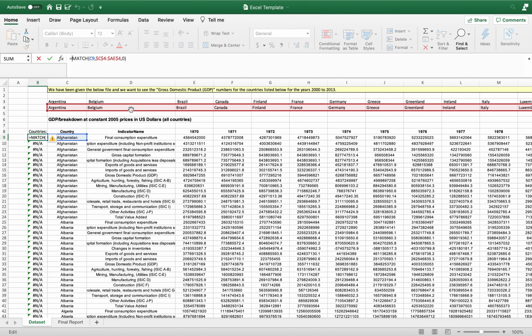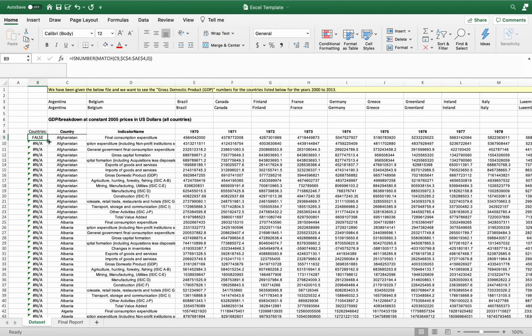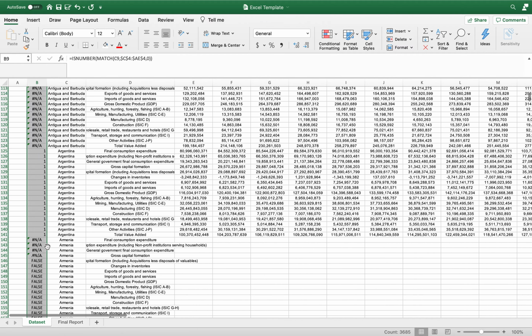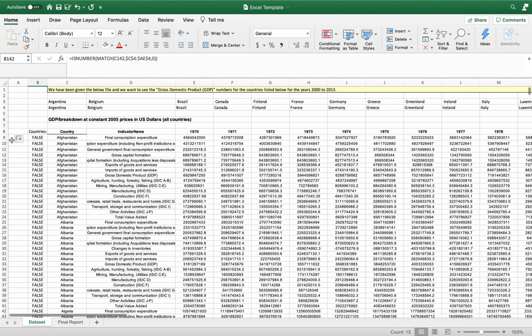So now we're going to add ISNUMBER to it. And this is going to give us a true or false whether or not there is a number in this column. So for Argentina, for instance, there is a number 1 in the column. That's going to return true. For Afghanistan, there's an NA. That's going to return false. As you can see, we can easily identify now the countries that are of interest. Argentina is true. Armenia, we aren't concerned with, so that's false. Which this is going to set up easy